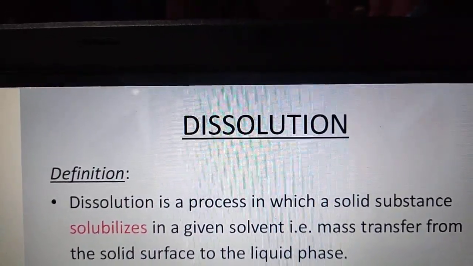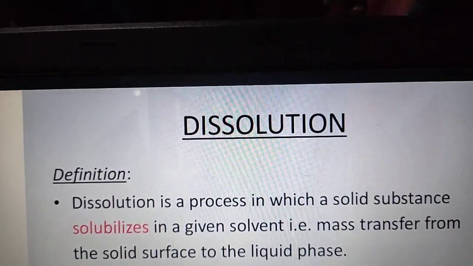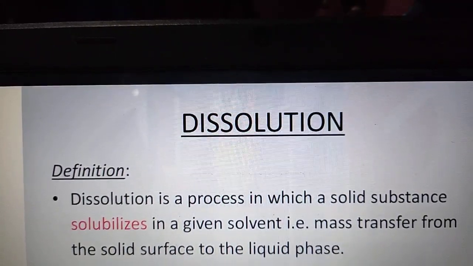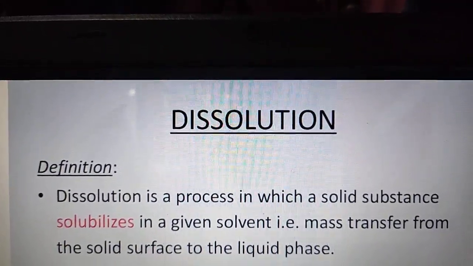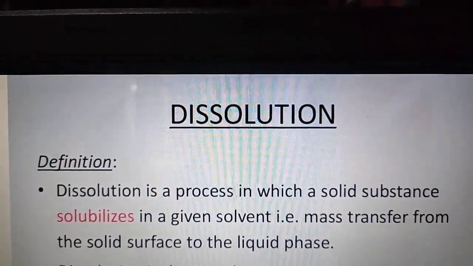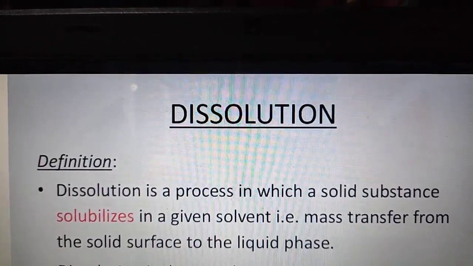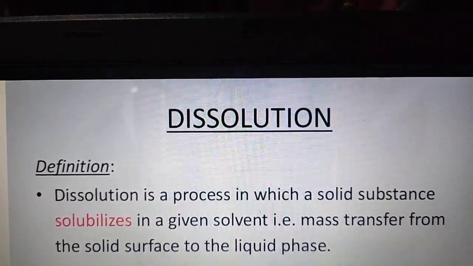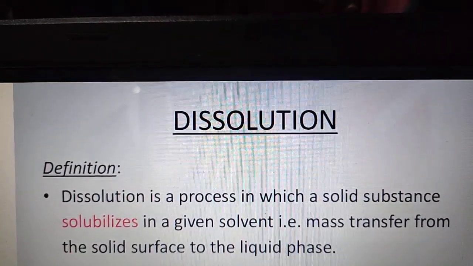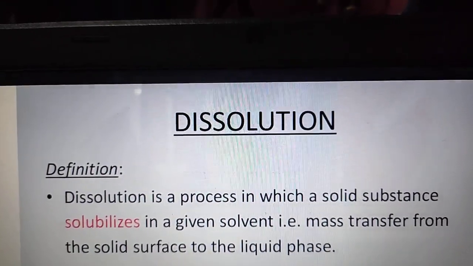How are you going to identify these two terms, solute and solvent? In sugar in water, what is solute and solvent here? Solute is sugar and solvent is water. One more way to identify this: the thing which is present in a little amount is the solute, and the thing present in a large amount is the solvent. Sugar is present in a little amount, so sugar is solute and solvent is water.